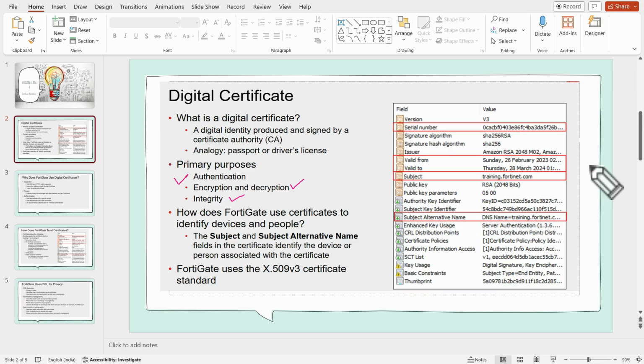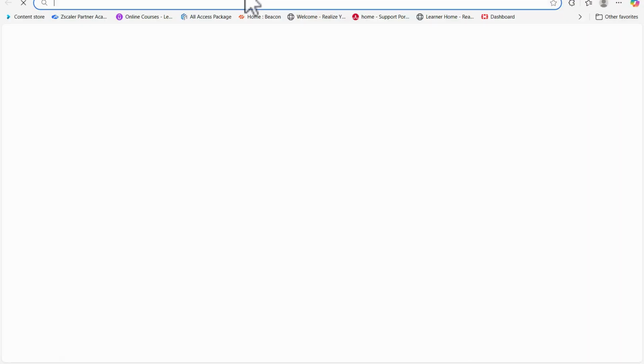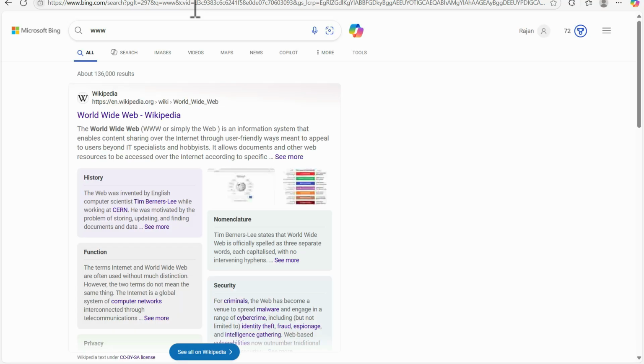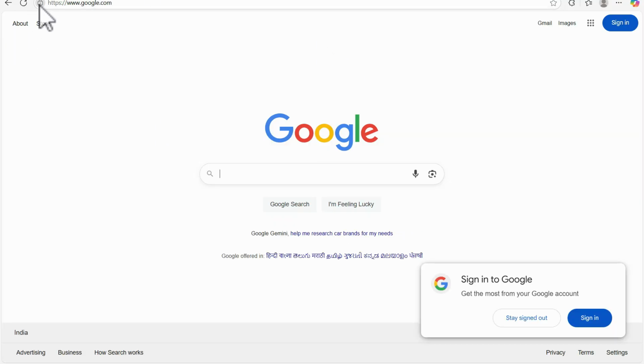So how does it perform authentication, how does it perform encryption and decryption, how does it perform integrity? Let's understand further. Before that, let me show you how we can see this certificate. If I open the browser and click on google.com, we should see what the certificate looks like. There is a lock button.